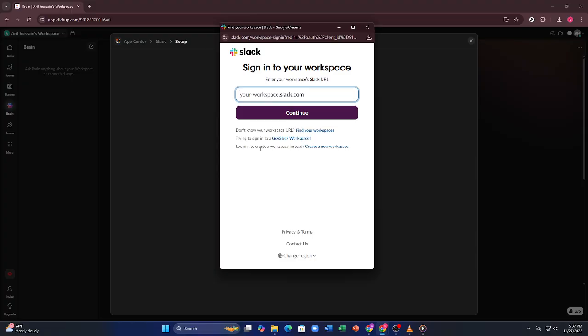And that's it. Your Slack and ClickUp integration is all set. Now you can stay synced across both tools